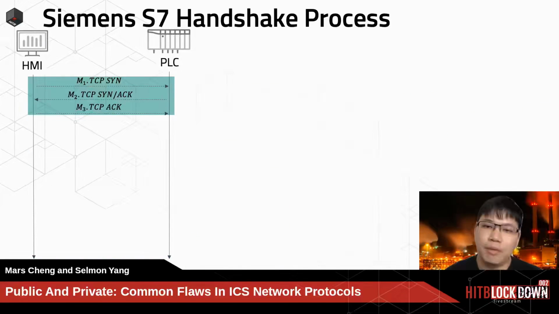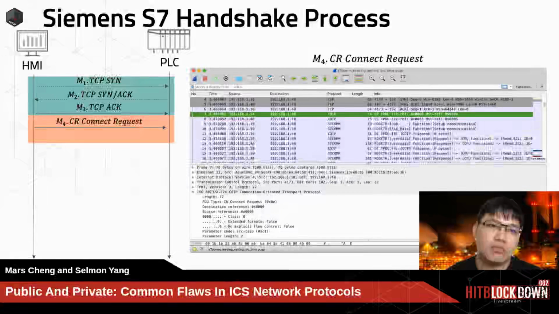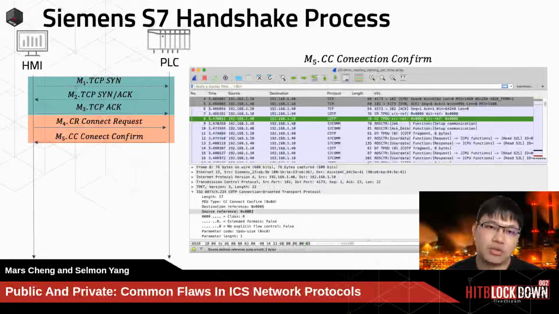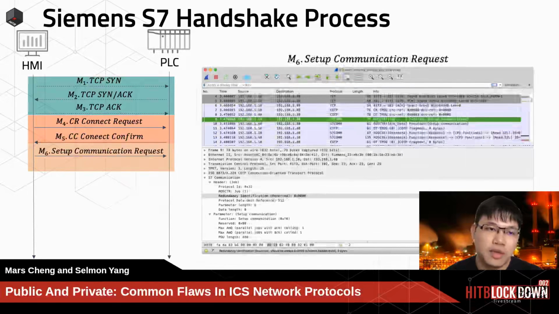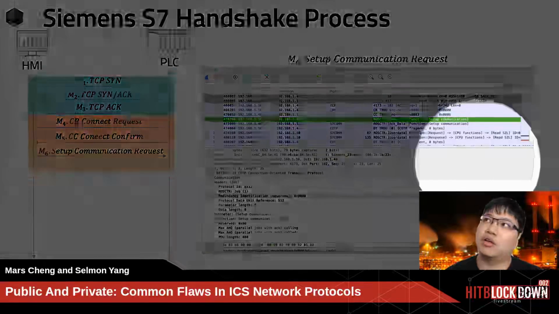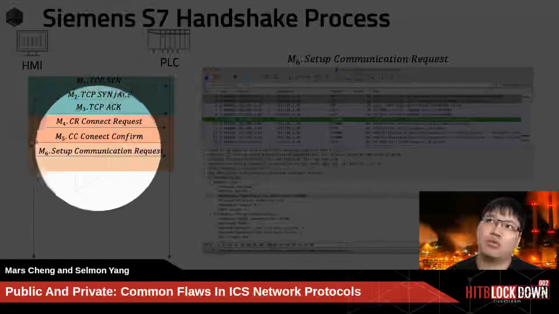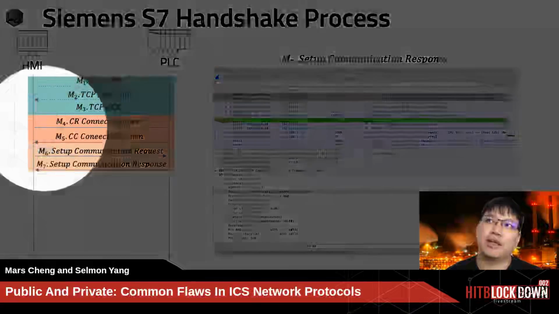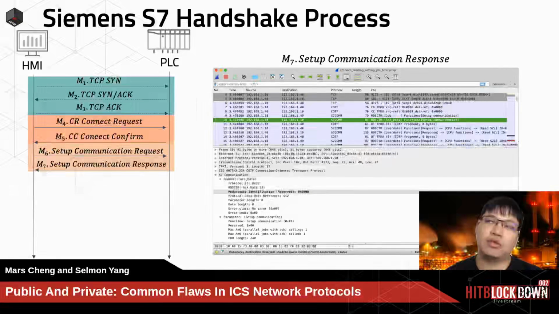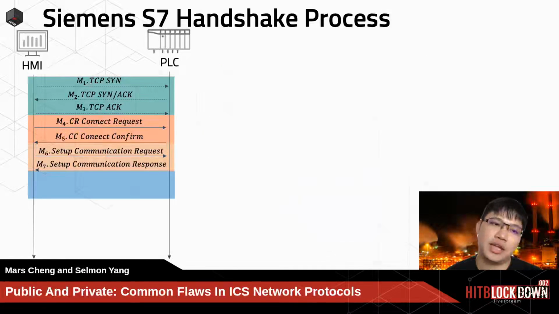And then we talk about the sample. In this sample, it's very easy to understand, because there is just CR, connection request, and CC, connection confirm, just to make sure the channel is built for COTP and TPKT, and then set up a communication request for the COTP and S7 communication. So here it is already S7 communication. You just set up the communication request, then set up a response. At this moment, the channel has been successfully built, and so the HMI and PLC can communicate with each other with the real parameter data in here.